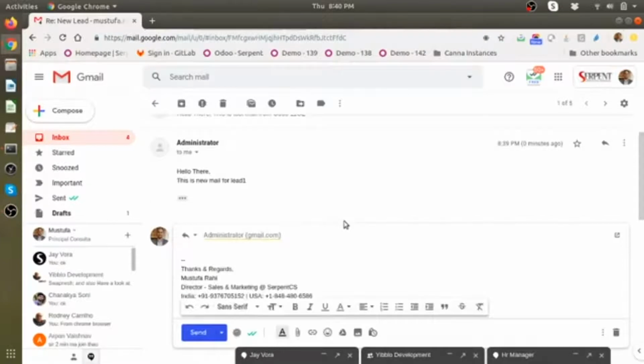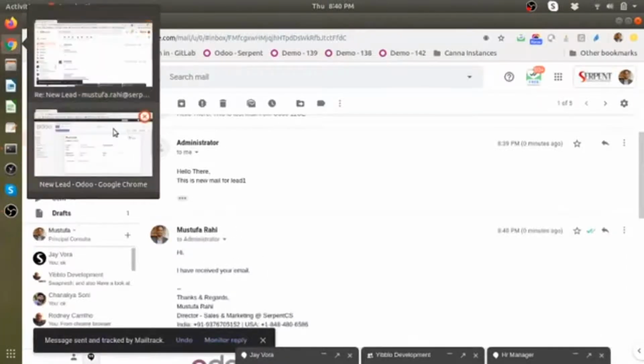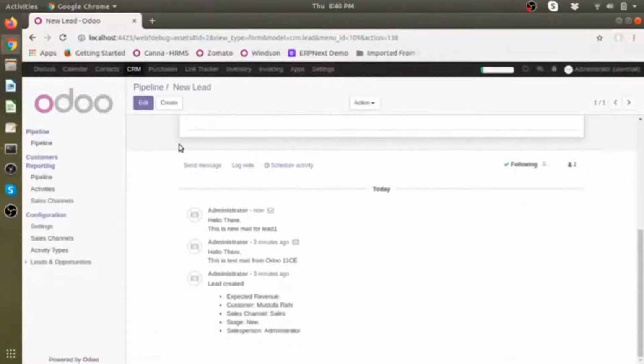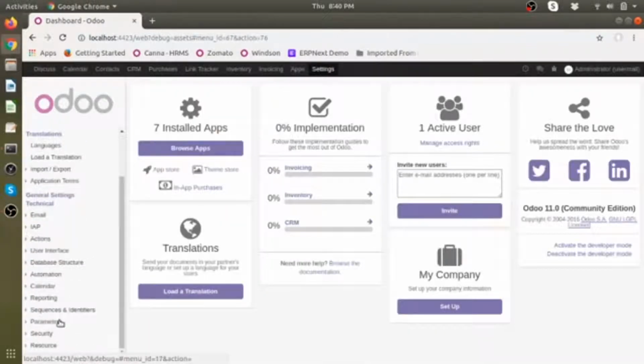Now when the customer replies to you and sends back on the same channel, you will receive that inside your Odoo threads. I have set a 3 minute interval for the fetch mail service. So let's wait for the next 3 minutes, or let me manually fetch my emails.